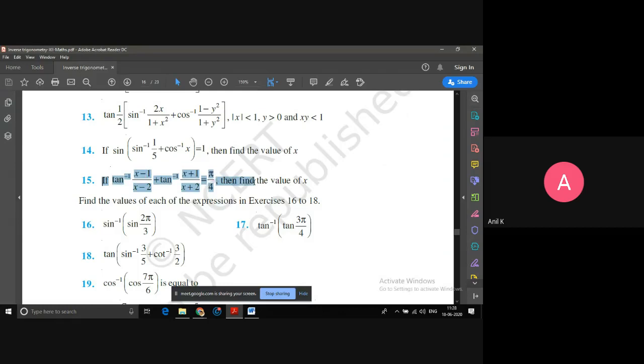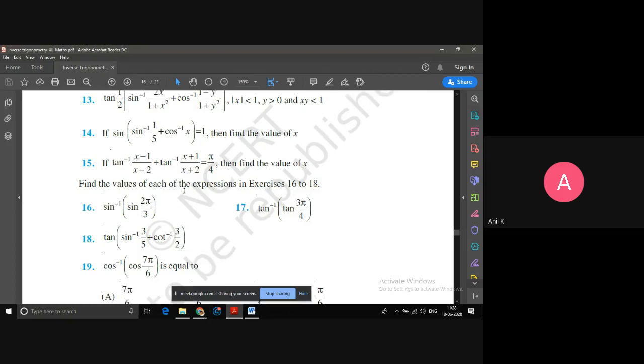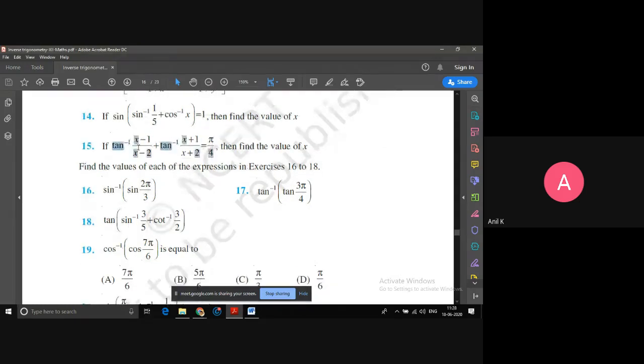Even question number 15 also asks to find the value of x. Here also it is again the same way, tan inverse a plus tan inverse b formula, where a is x minus 1 upon x minus 2 and b is x plus 1 upon x plus 2. I think you are now familiar with these questions. What is the formula of tan inverse a plus tan inverse b? Tan inverse a plus tan inverse b is tan inverse of a plus b upon 1